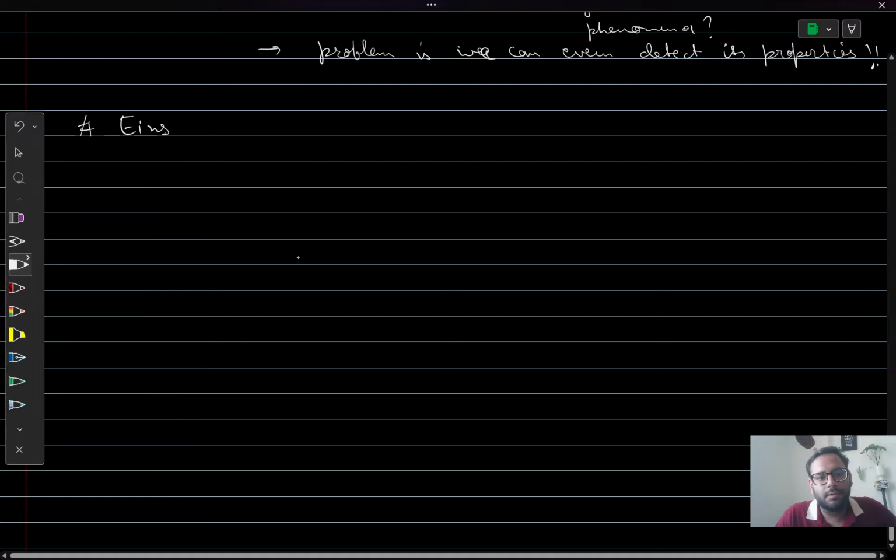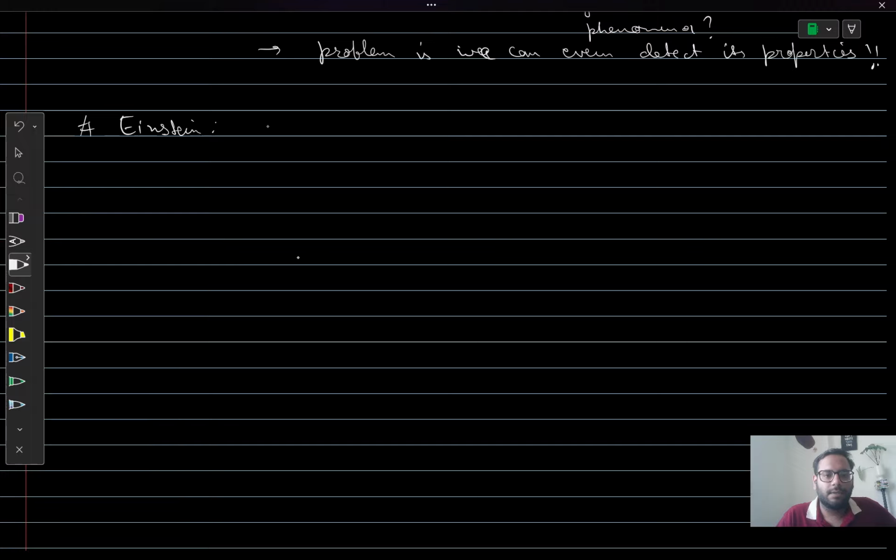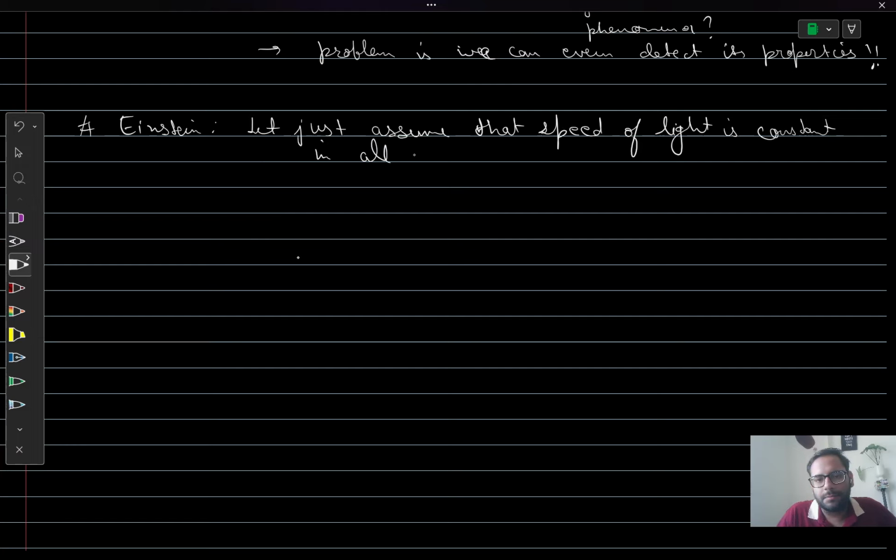Einstein gave some simpler solution, that let's just assume that the speed of light is constant in all kinds of inertial frames. Okay. There is just this assumption taken by Einstein, and